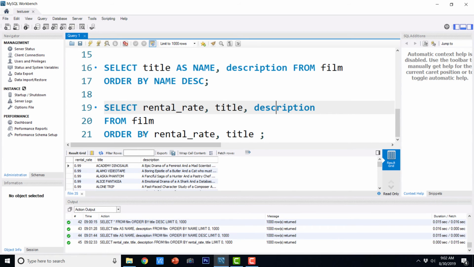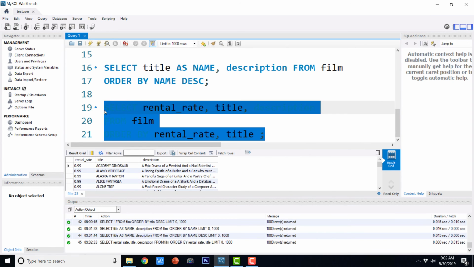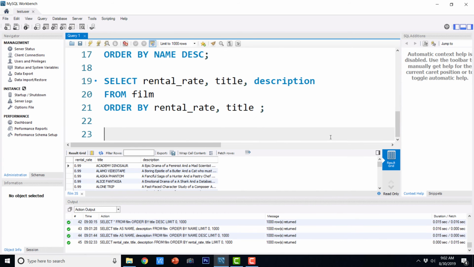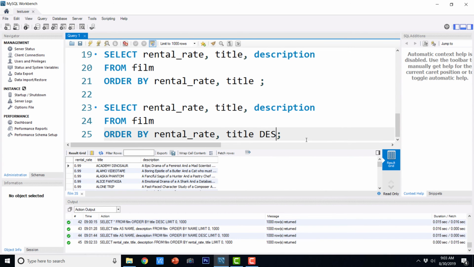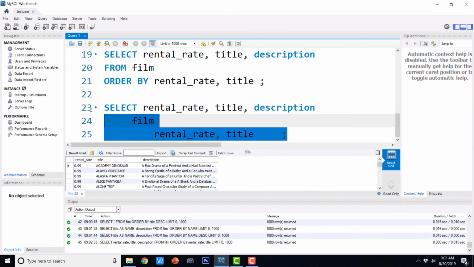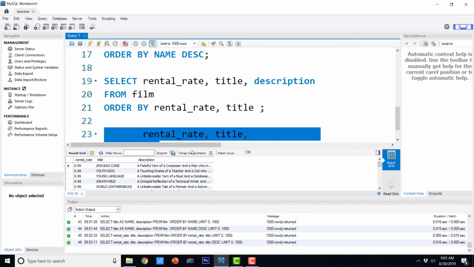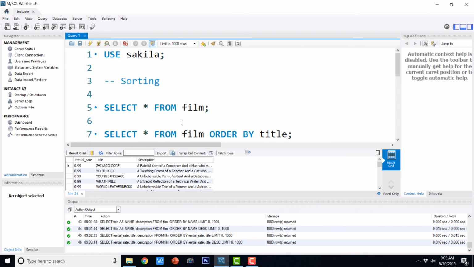Okay, and it is ordered by first rental rate and after that it is ordered by title. So suppose you have multiple films with the same rental rate, then again that data is going to be ordered by title. Now we can also use ascending and descending in this. Okay, I can just say DESC so that here you are able to see A. Now you will be able to see the stuff from Z probably or other characters. Yes. So this is how we can sort the data in our result set with the order by clause.